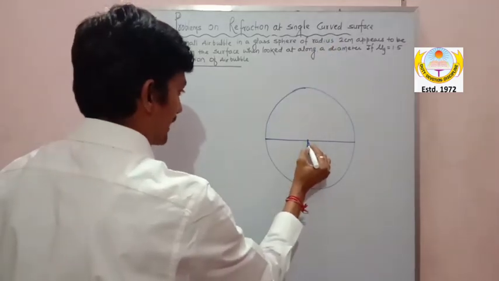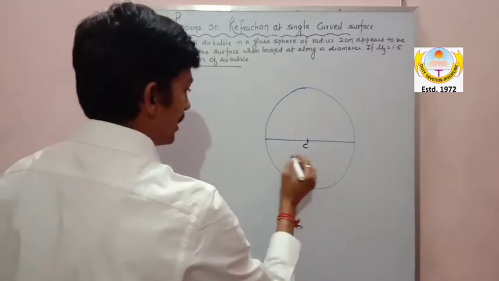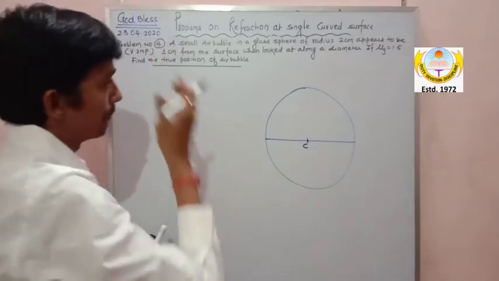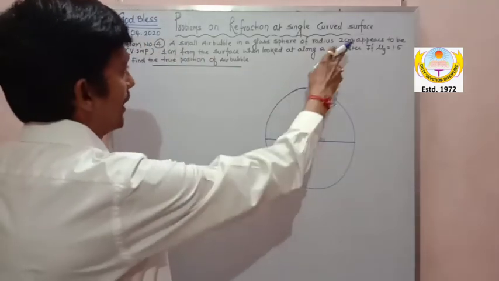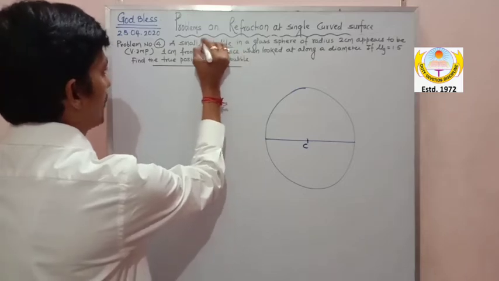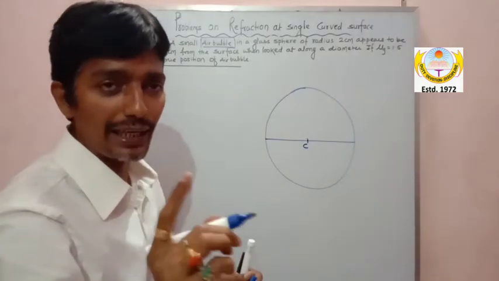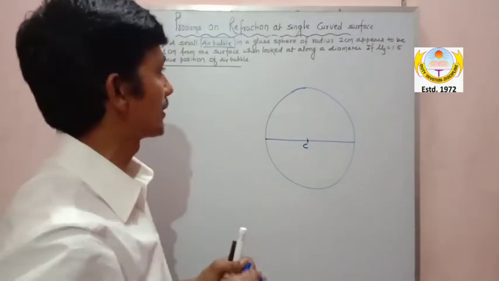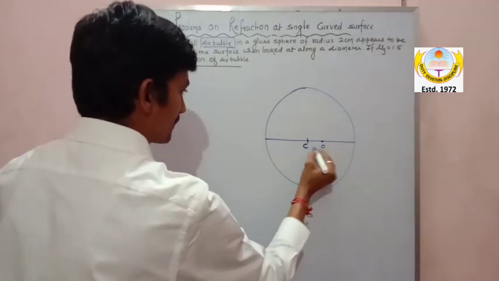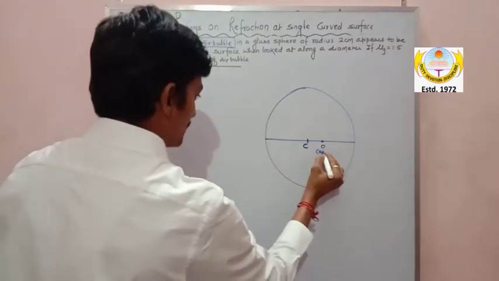So if I take this as the center of curvature, that is the center. Sorry, it is given 2 centimeter. Okay, so this is a glass sphere I have taken. And they said there is a small air bubble. My dear, this small air bubble acts as the object. Okay, so here say I have marked the object, and this is your air bubble.